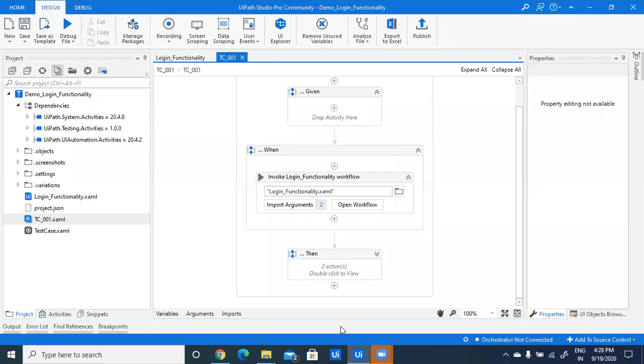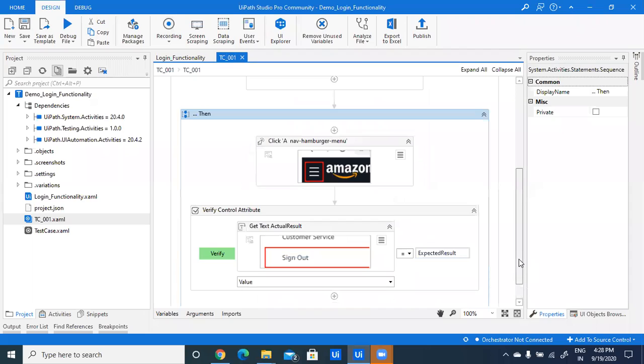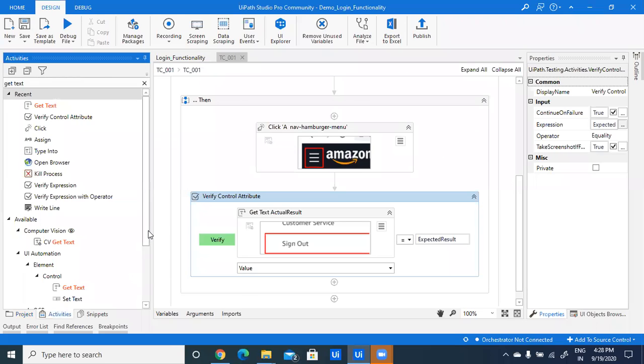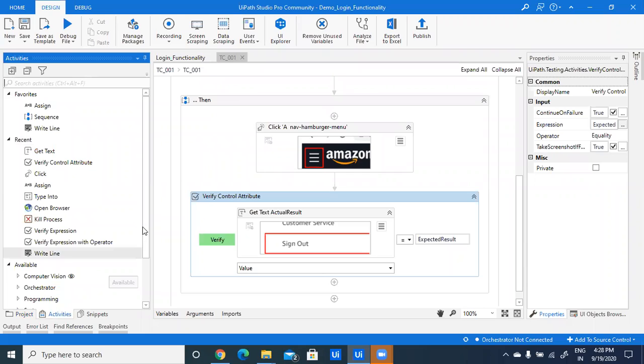Hi, it was a nice demo. I have a query: could you please show me where you have added the validations in this given test case? Okay, in the Then section, I have added the validation. Sony, can you please explain more about the validation? There are queries related to how to do the verification or validation of expected result and actual result. Exactly, there is a confusion related to that. Can you please explain in detail how to do that again?